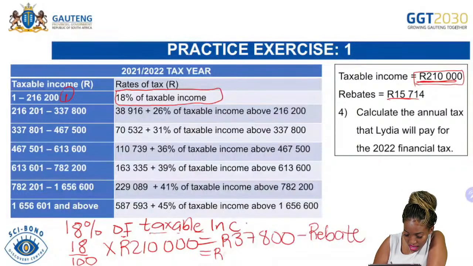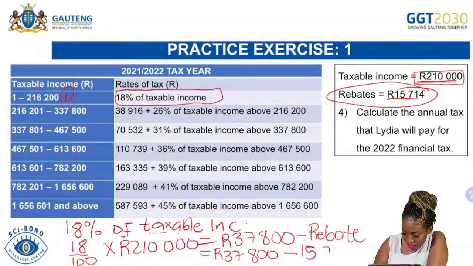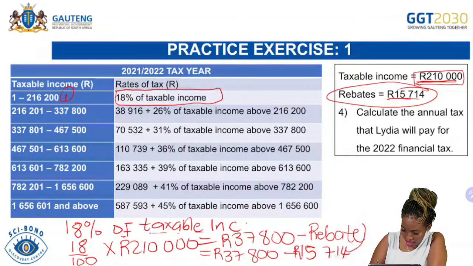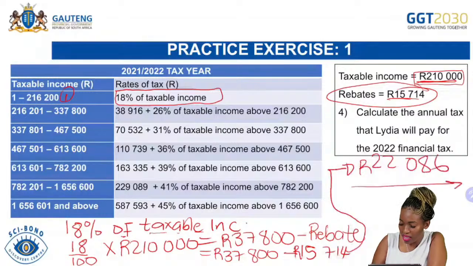Then we say 37,800 minus, how much is our rebate? We've already determined that it was 15,714. So our tax amount minus 15,714. The answer that I'm getting is 22,086. So this is the amount of tax that Lydia is going to pay